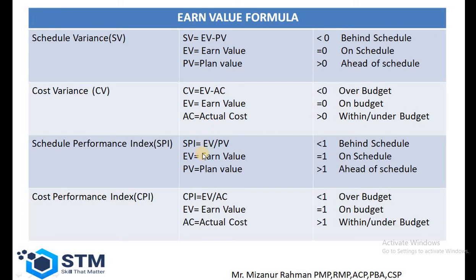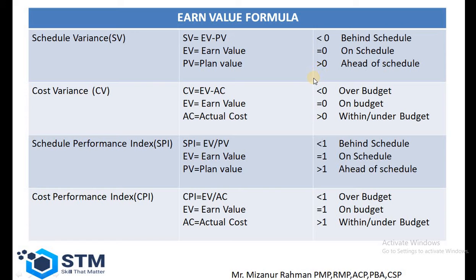If we come to the schedule performance index, it will be the earned value divided by the plan value, and cost performance index is the earned value divided by the actual cost. So when we calculate the schedule variance, cost variance, schedule performance index and cost performance index, these values are going to give us some